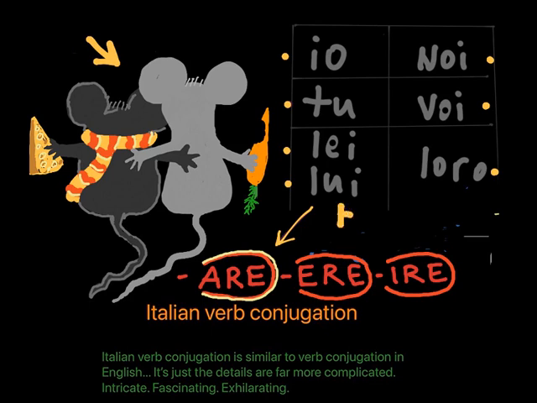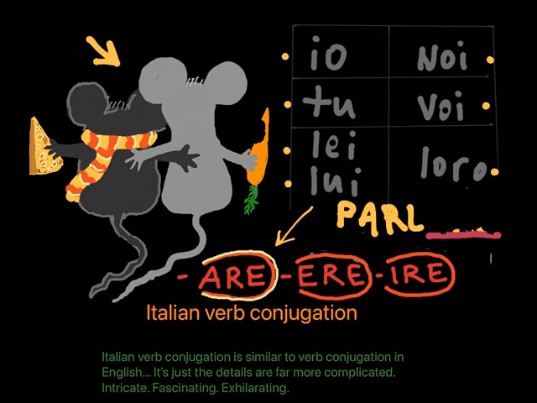So we have parlare. You see that the ending of the verb is -are. And that is what you need to remove from the verb in order to conjugate it in Italian. So this is the first step. So you remove it